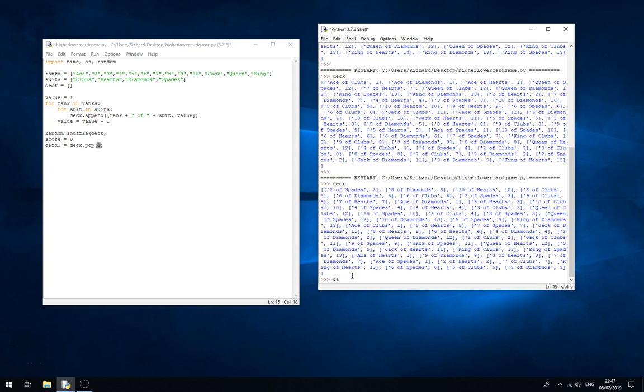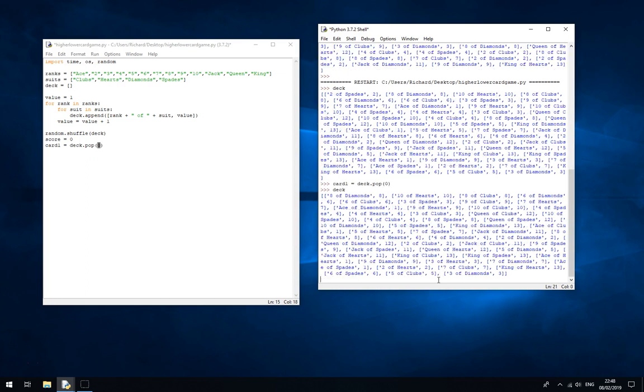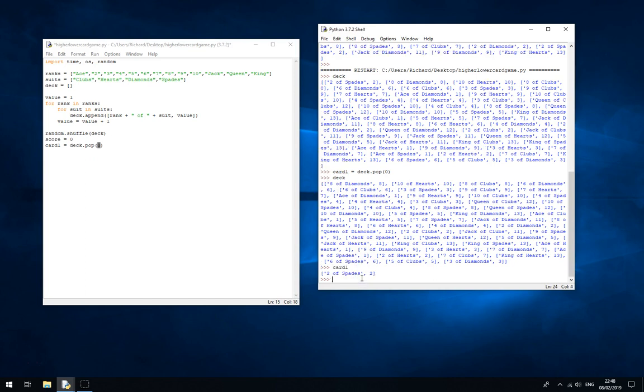Let me show you that now. If I did card1 over here equals deck.pop(0), it should go and get the 2 of spades with value 2. And it should take it out of the list. So if now I go deck, there you go, the 2 of spades is gone out of the deck. And if I type card1, it saved it as card1. Good. So we've got the first card that we're going to tell the user and say, look, this is our